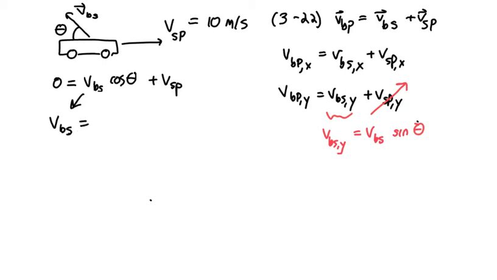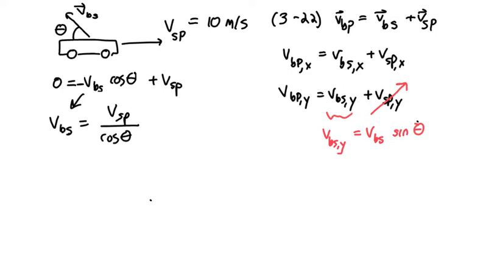You'll notice that I made a slight sign mistake here. This should be negative because the velocity of the ball is opposite the direction of the positive direction, and I've already said that this is the positive direction, so that has to be a negative sign. After we work through this, you can see that VBS is VSP over cosine theta,